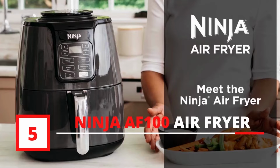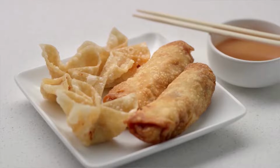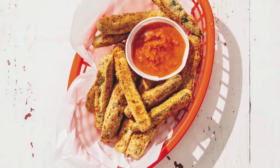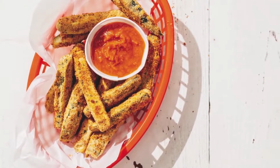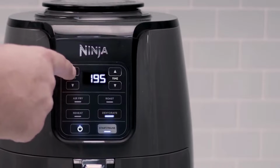The Ninja Air Fryer, a fast and easy way to cook your favorite foods. It ensures even circulation of hot air around your food for quick, crispy, and golden finishes every time. The secret is the combination of a wide temperature range while powering the fan that automatically adjusts speeds for your